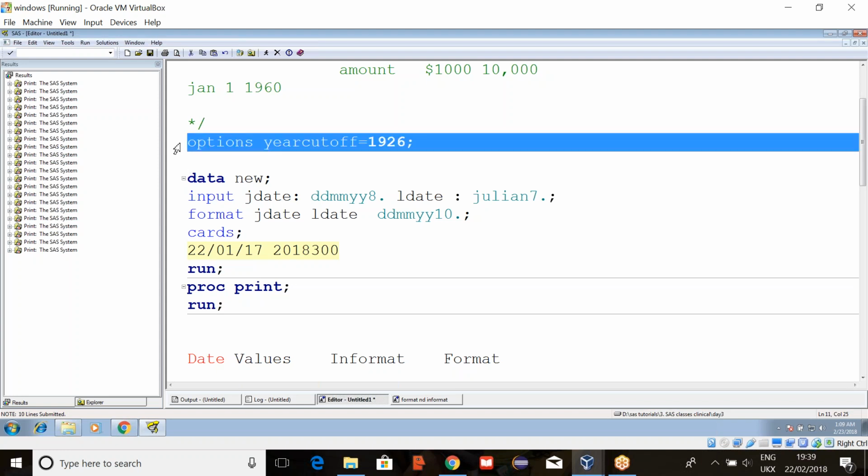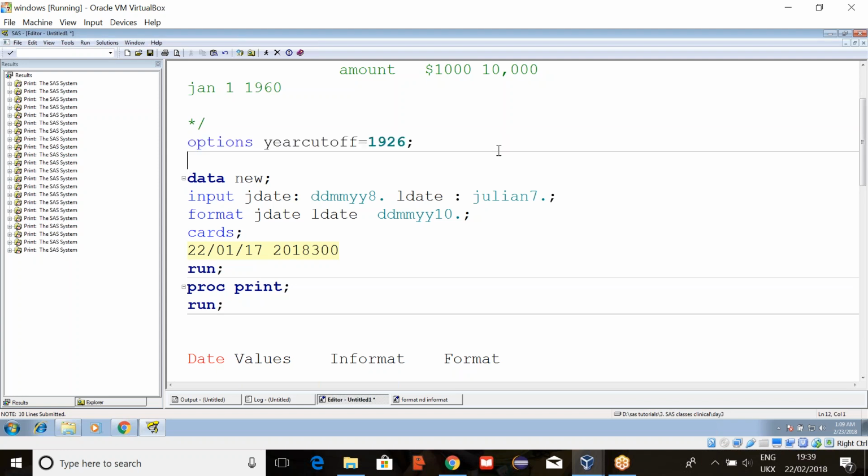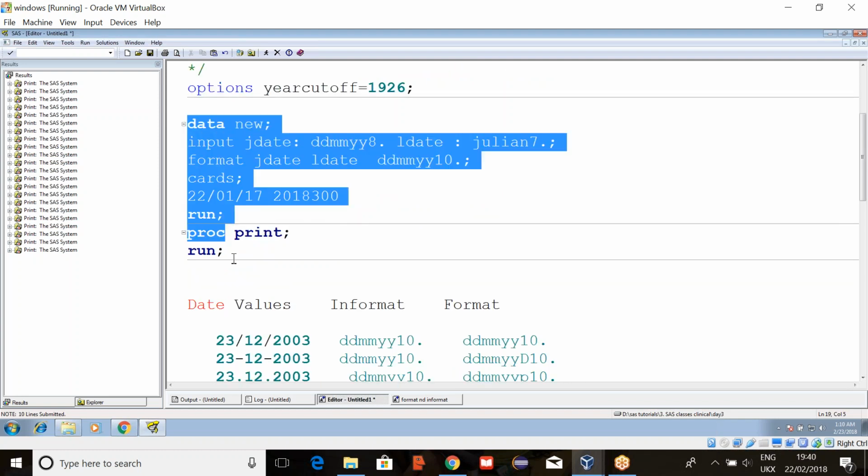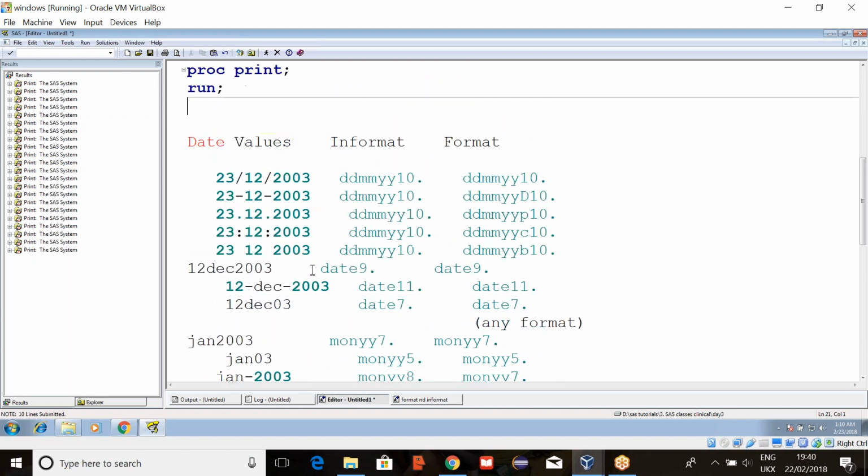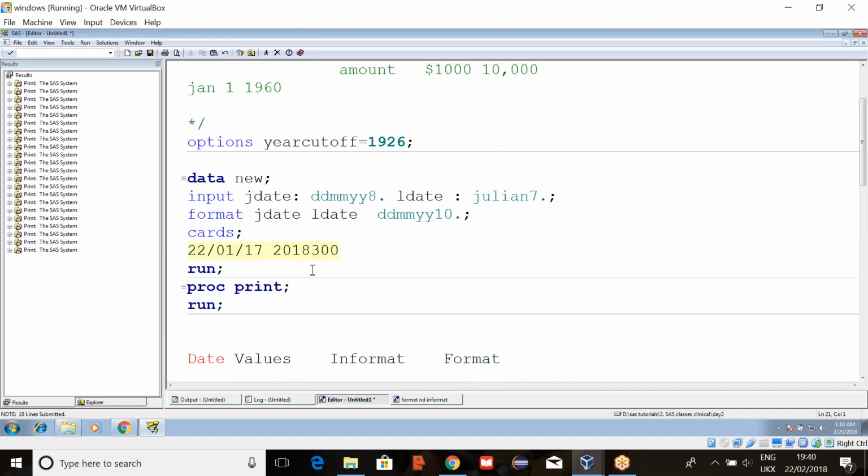Anyways, I'll explain this year cutoff option while teaching the global options topic also, but you may get a doubt, right? Did anyone get a doubt why it is printing only 2017? Okay, just try to practice as much as you can so that it will be easy. Always while listening and all, you may